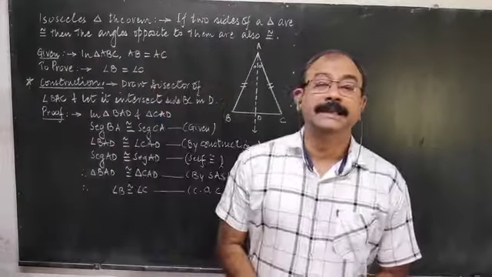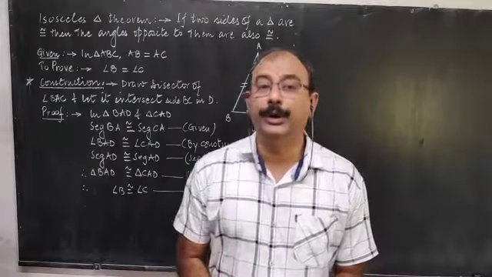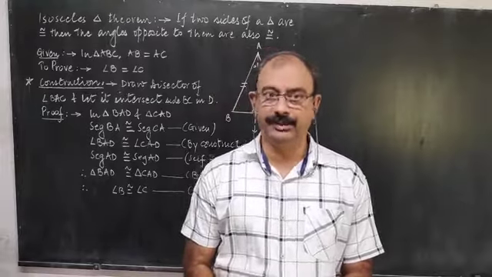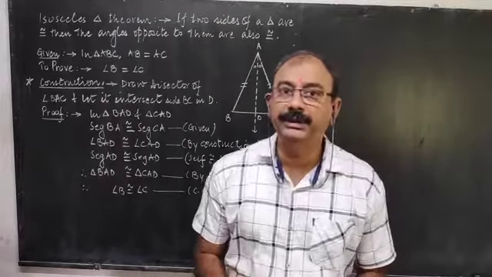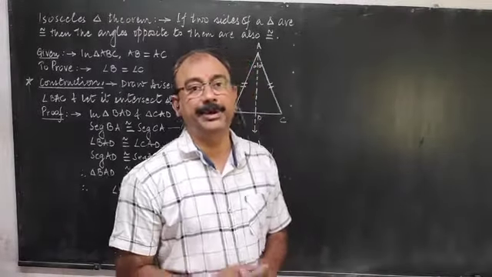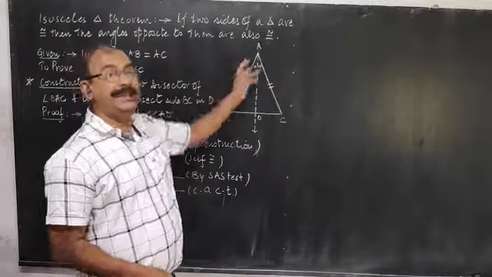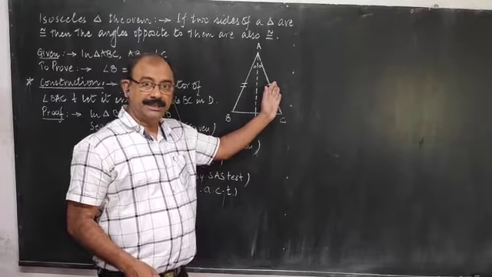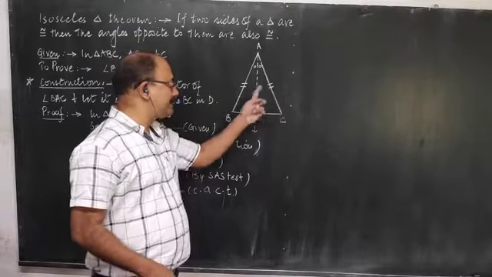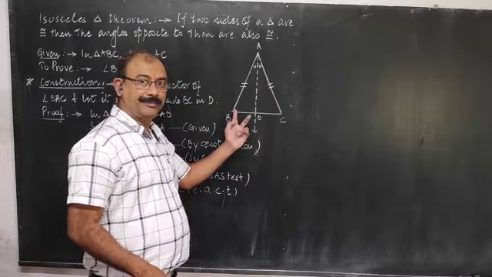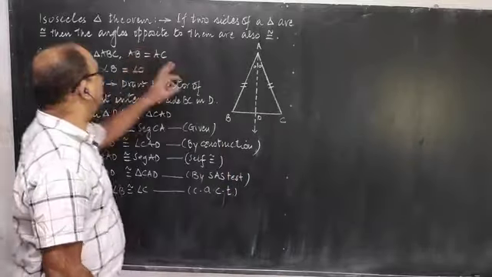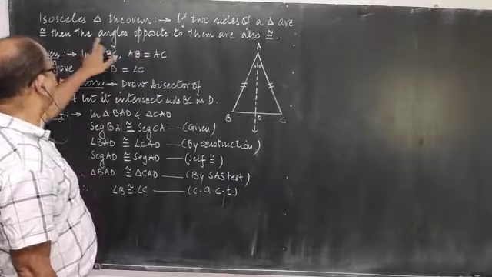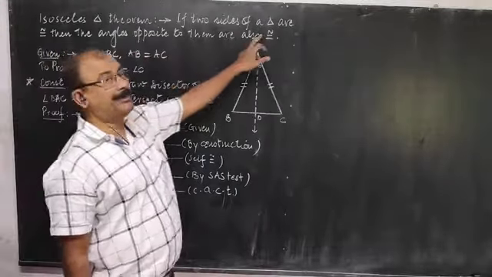Hello children, let us solve or prove the isosceles triangle theorem. Okay, and what is the meaning of the theorem? What is the statement of the theorem? In any triangle, if two sides are congruent, then the angles opposite to them are also congruent. If two sides of a triangle are congruent, then the angles opposite to them are also